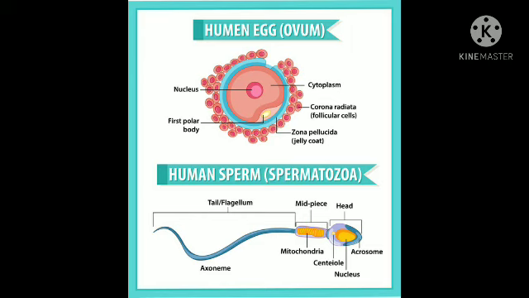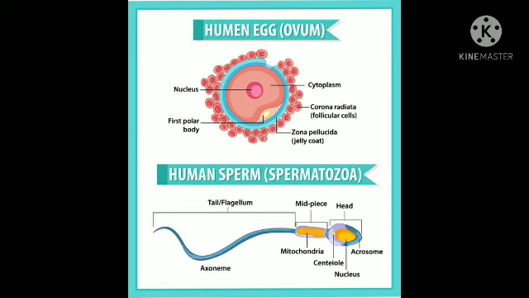Last part of the sperm is the tail. It is the longest part of the sperm. It is cylindrical in shape and tapering in arrangement. It carries two parts, the axoneme and the protoplasmic sheath, which help it to swim in the female genitalia. It is formed by the centriole, with the microtubule arrangement 9 plus 2.